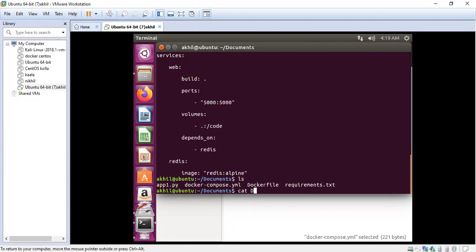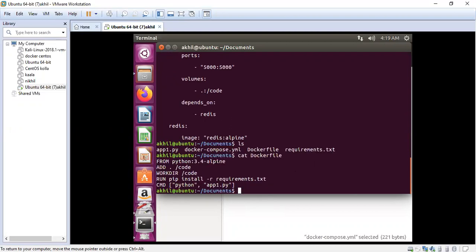Next, I'm opening the Dockerfile. See, the Dockerfile is very important. Actually, the Dockerfile contains literally everything that the container will need to run. In this project, we use FROM python:3.4.4-alpine, the Python-specific container in which the image runs, and we ADD . /code. We are adding the local folder to the created container, that is /code. WORKDIR sets the working directory. Again, we are running with requirements.txt. In requirements.txt, we give our dependencies. And the CMD sets the default command, which can be overwritten from the command line when the Docker command runs.